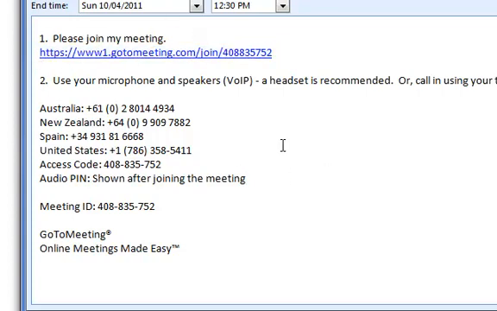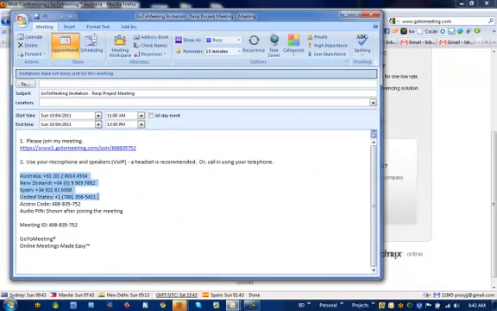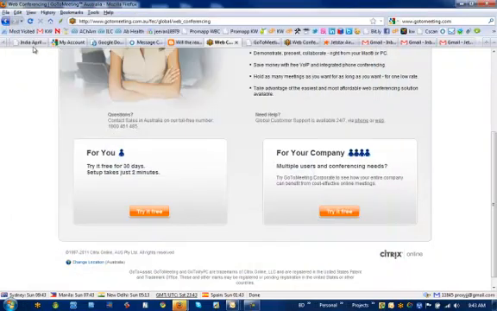So when people have to join the meeting, they click the meeting. That's your meeting ID, by the way, there. Then you've got the telephone conference call numbers for the countries we selected along with an access code. So that information's there. So if you just copy that, now I'm going to go into my Gmail account